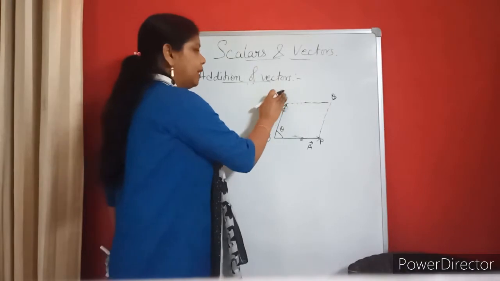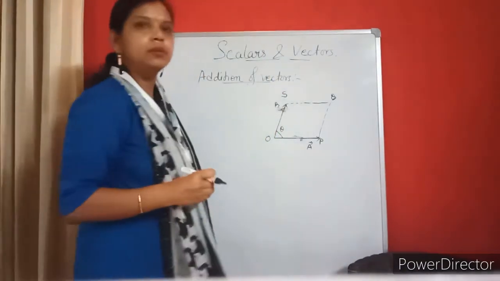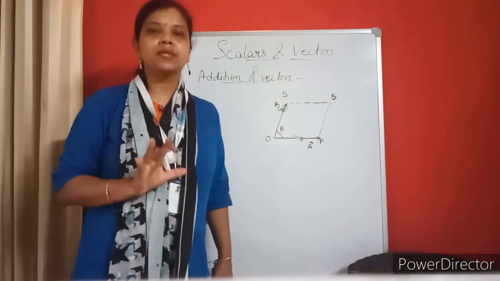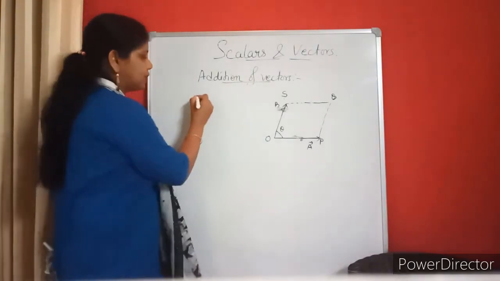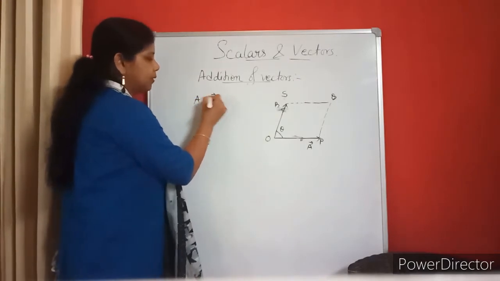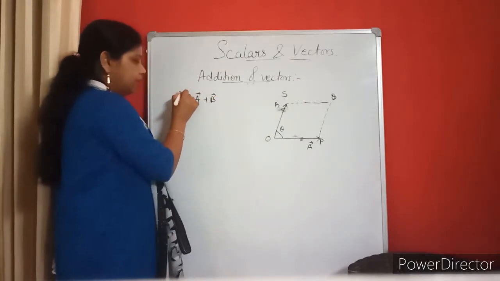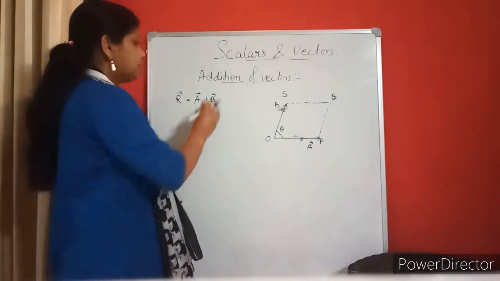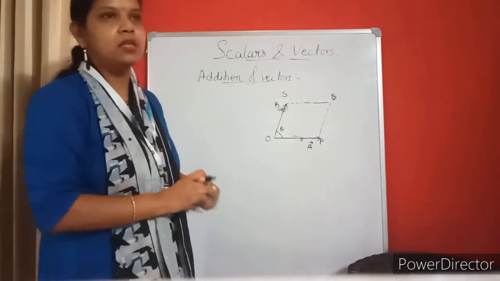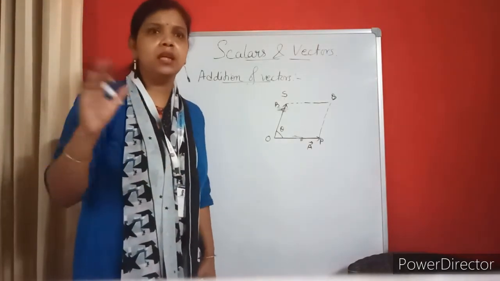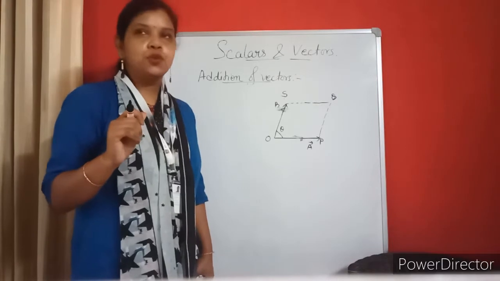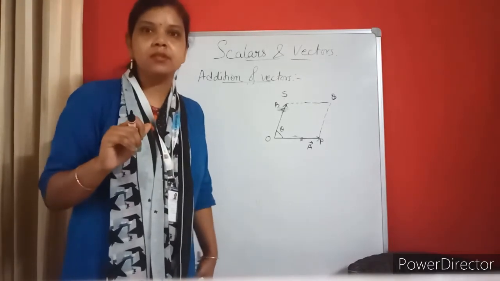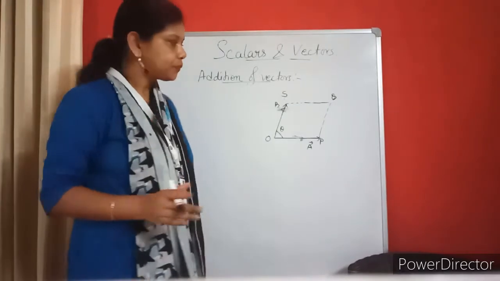Instead of writing R, I will write S, because R I will use for the resultant. Resultant means the sum of the two. So when I have written A plus B, do you remember? We call in vectors the resultant of A and B. We don't say that it is simply the sum. We used to say the term net or resultant. You have studied in class 10 equivalent resistance; we used to say equivalent resistance or resultant resistance. Yes or no? So this is a resultant.